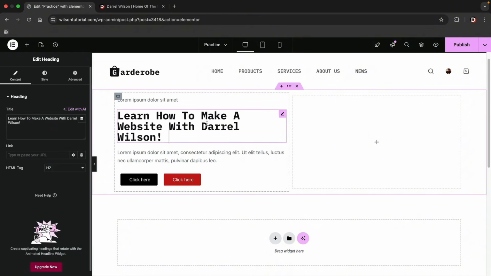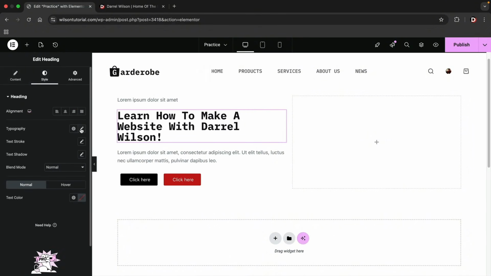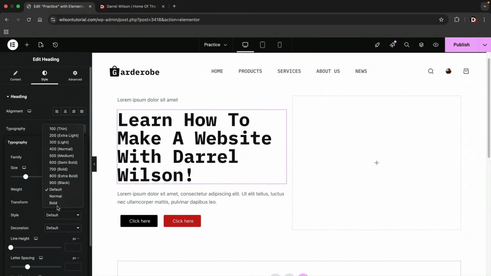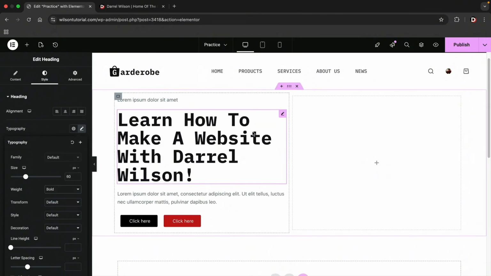Now really quick, I'm going to make this text a little bigger, just like our other website. So under the typography, I'm going to make this a little bit larger. Okay. And for the weights, I'll make this bold. Now notice here how we have 2 columns, but this one's taking up way too much space. So what we can do here